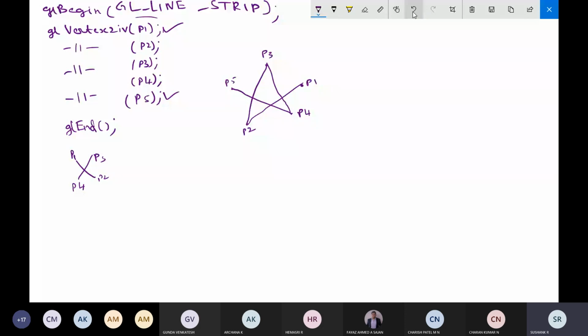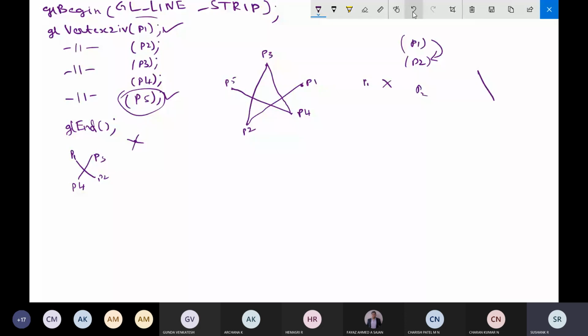If you don't give two positions, if you don't give P1 and P2, nothing will be displayed. So at least you should give 2 points. As in the last example I told you, if it contains a single point, nothing will be displayed. Here you should give at least 2 points so that a connection can be made from the starting point to the ending point.